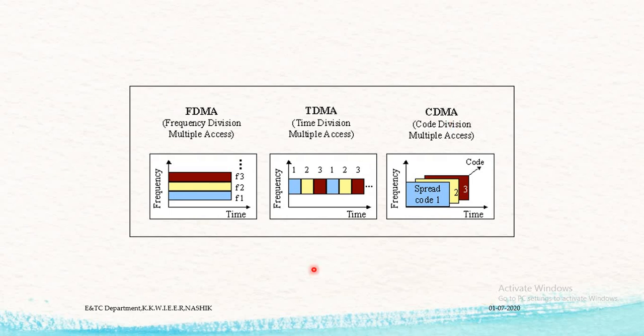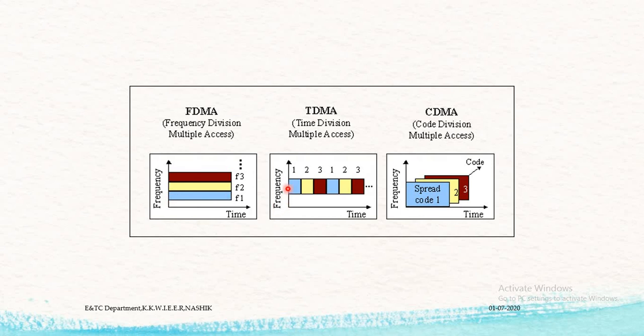So this is the diagram. If you observe, I have taken the simpler form. For FDMA, this is your frequency and this one is your time. Here the frequency is assigned, so one frequency is allocated to one user. If one user has the frequency F1, then F2 and F3 follow, and they are separated by guard bands. In that case there is no limit on time.